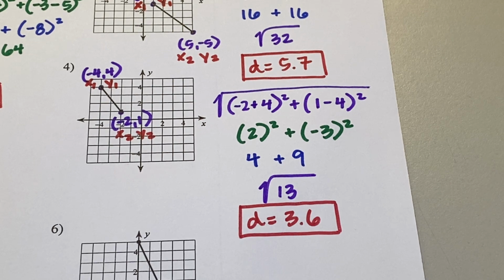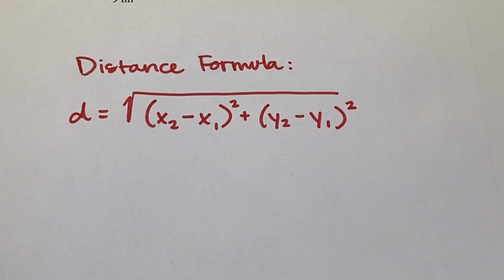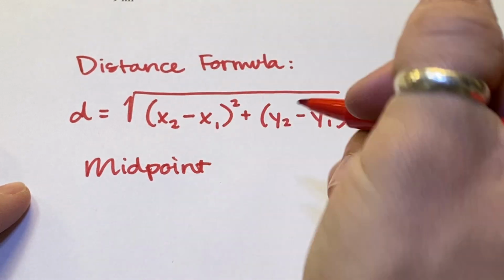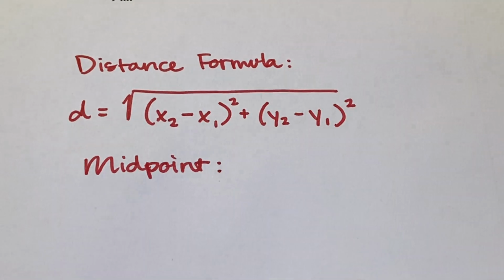New formula, so turn your paper over. We are not finding the distance anymore. We are now going to find the midpoint. This is not how far away they are. This is the actual coordinate point that is in the middle of them. So the midpoint formula is